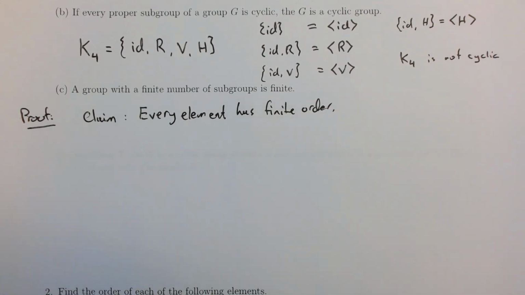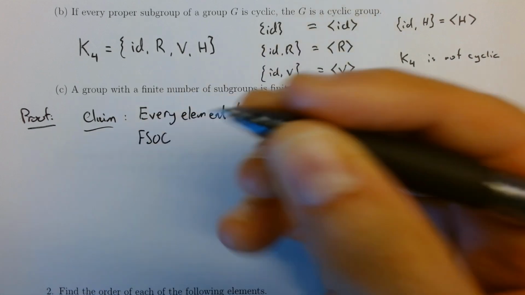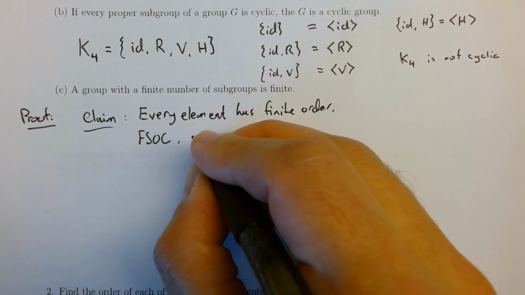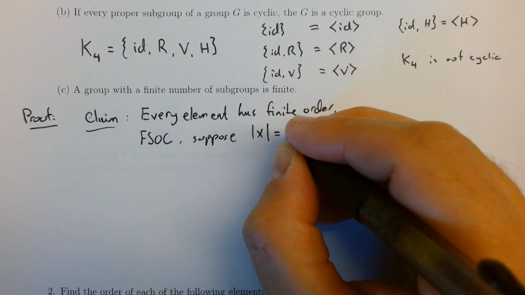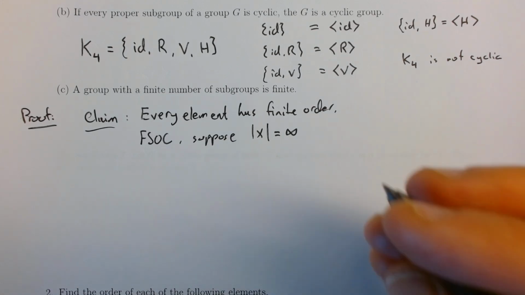Okay, and we'll prove this by contradiction. So for the sake of contradiction, suppose you have an element of infinite order. Suppose x, or the order of x, is infinite. Well, we immediately get a contradiction because we can look at